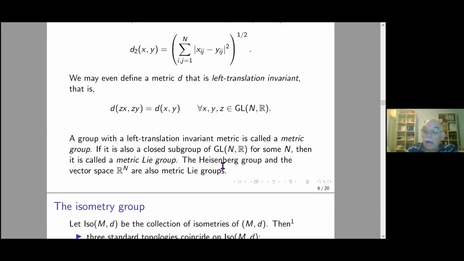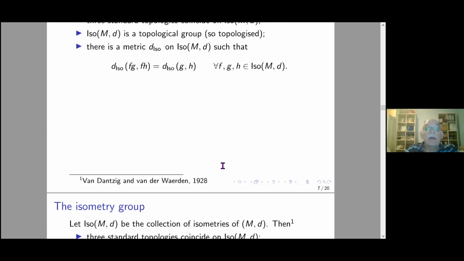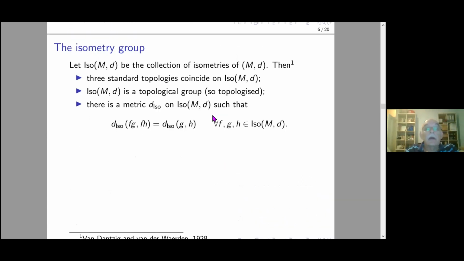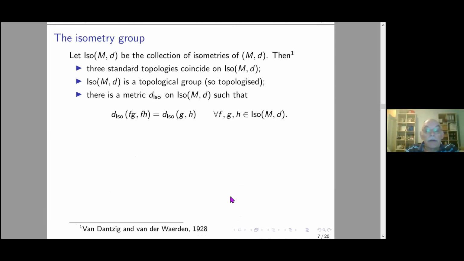Okay, so if I have a metric space, I want to make a group out of this. And so here is a theorem which is by Van Danzig and Van der Waerden. It's from 1928. This is almost 100 years old. This is one of the very first theorems about groups and metric spaces. And it